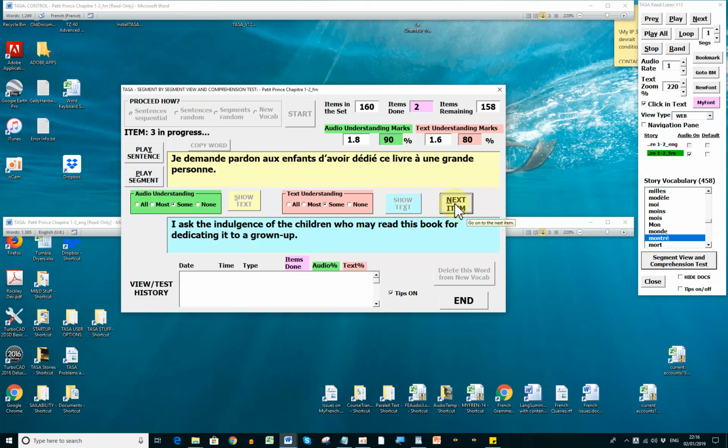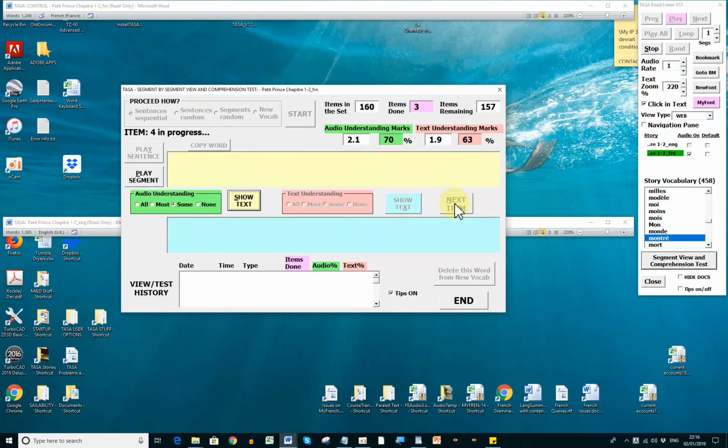So I'll be quiet this time. Okay, so we go through doing that all the way through. None. Show text. Next item. At any point we can stop, end that,